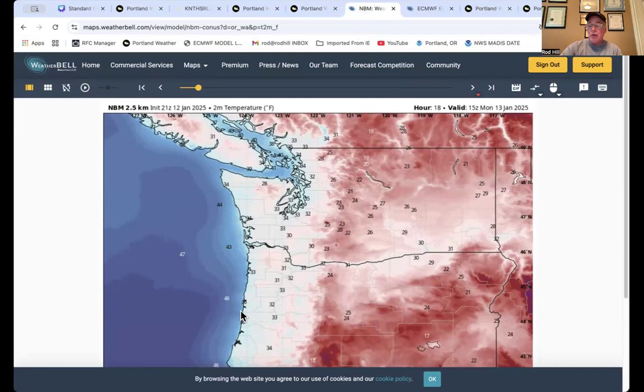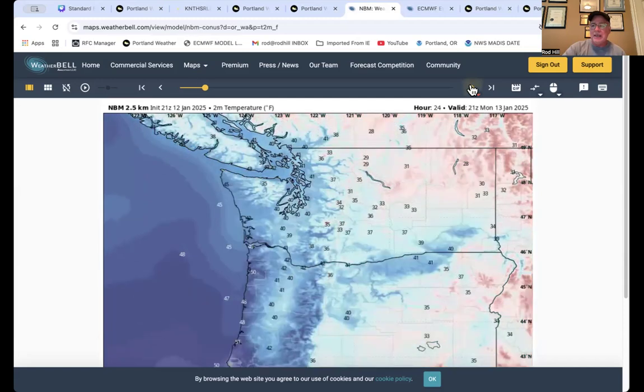Temperatures also dipping into the 30s along the coast with near freezing temperatures and maybe hitting 32 in places like Tillamook. Out in eastern Oregon, well down in the 20s. In fact, there's a 17. So some cold weather. But again, it's not like, oh my gosh, is it really frigid? More typical freezing nights expected. Now, this shows daytime temperatures tomorrow